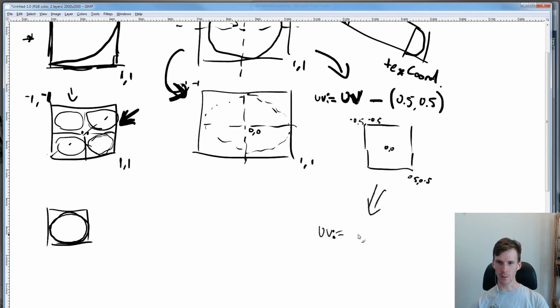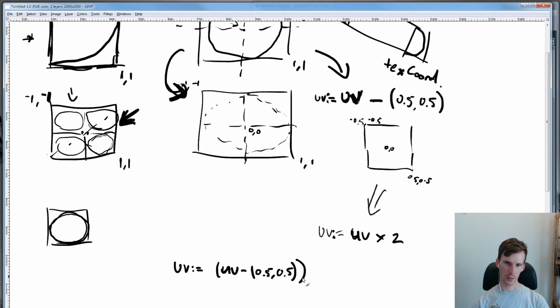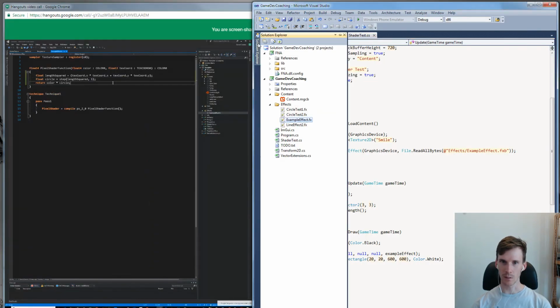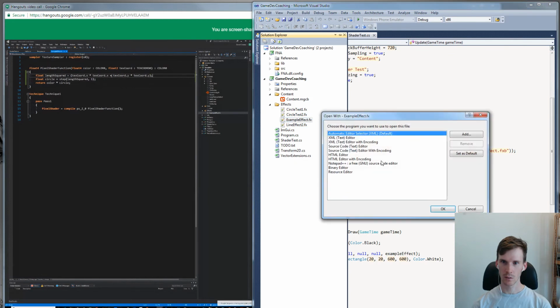Here you can see I'm trying to unconfuse myself by sticking the little colon there to indicate let UV equal that rather than UV equals that. I think I have the colon on the correct side. Obviously, in the languages that I tend to use, the colon is not included. So we've constructed this thing where we're taking UV, subtracting 0.5, 0.5, and then multiplying it by 2 to scale it up to the correct size.